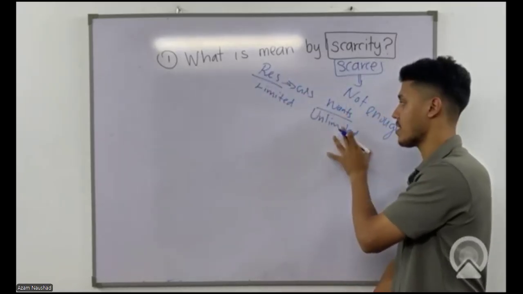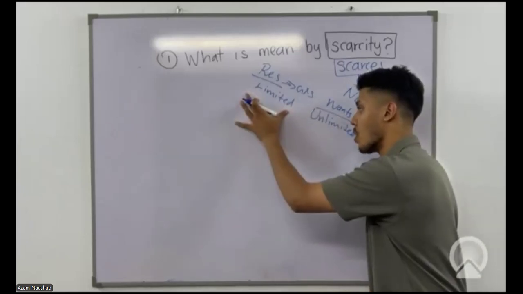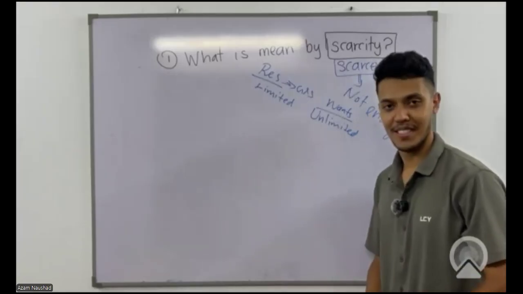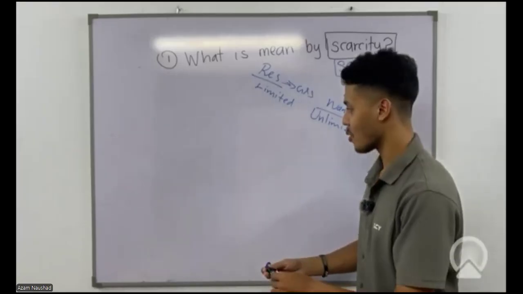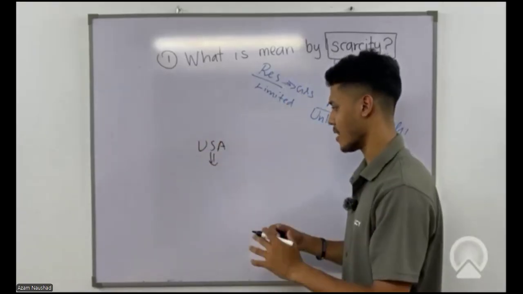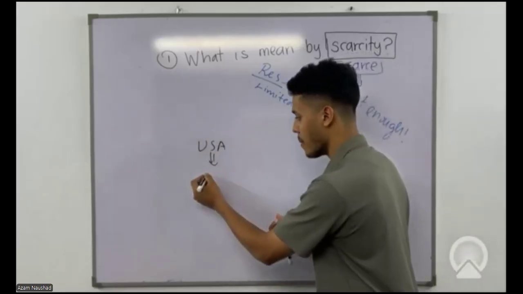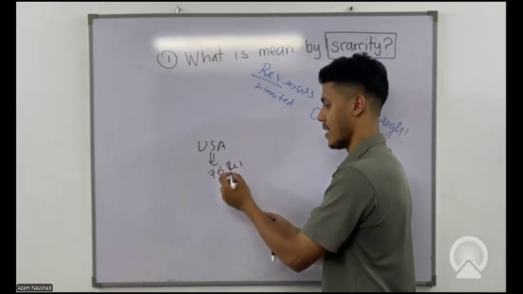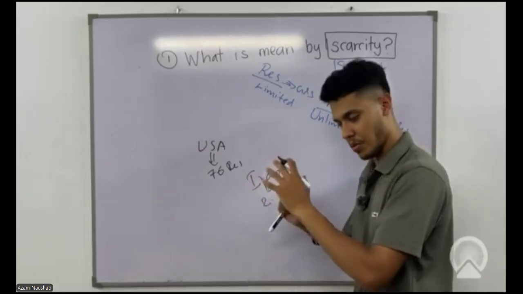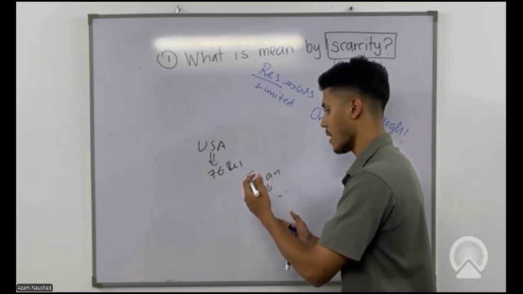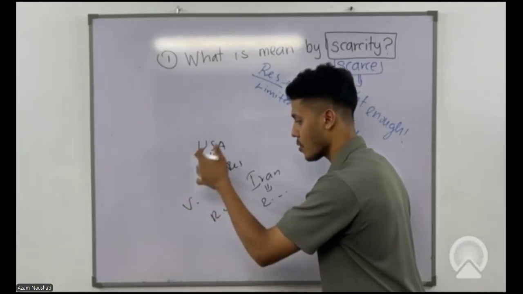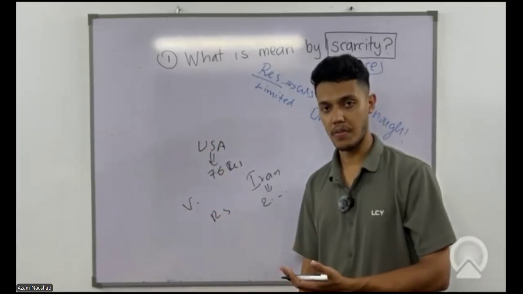Did you get the idea? Everyone is kind of chasing, and that's why crude oil is becoming limited. See, the USA also has so many reserves, right? I think about 76 something in reserve, and Iran has 200 something. They are measuring, I think, in billion barrels or something like that. And also Russia, Venezuela. Those countries have their own crude oil reserves.